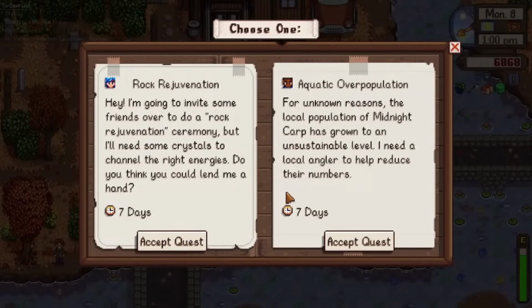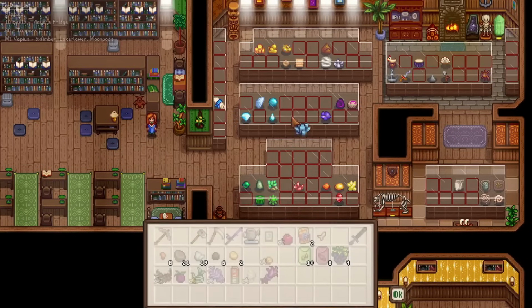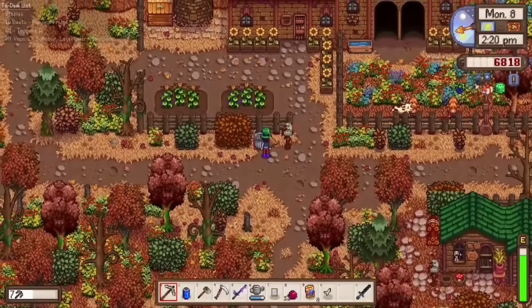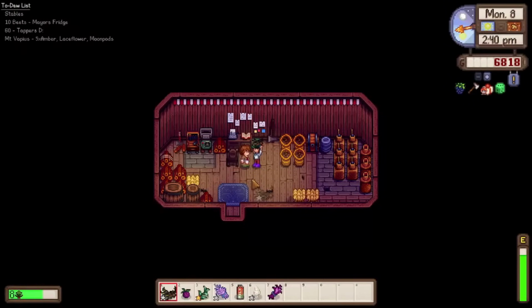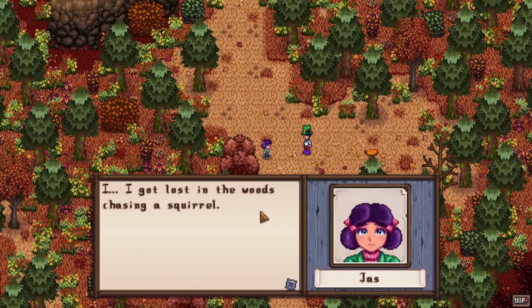After failing the Curious Substance quest, we chose Emily's rock rejuvenation this week, and Clint told us what we would be needing to blow the boulder to the mountain summit. Gunther got a ghost crystal, and it turned out Marnie was throwing out some wool. We gave her some amaranth she requested for her cows and escorted Jazz home after she got lost in the